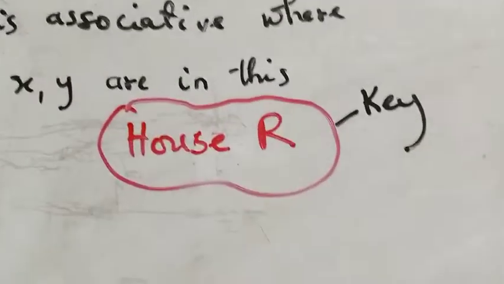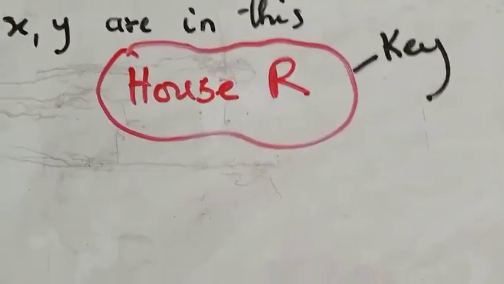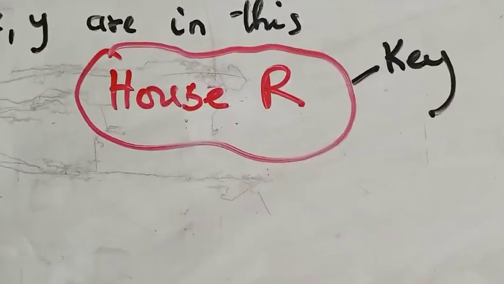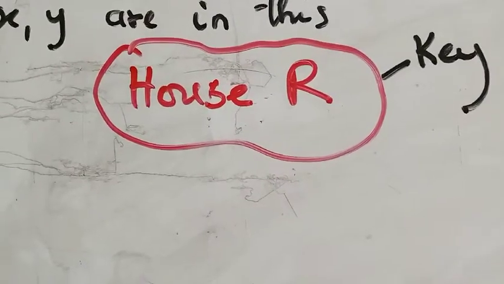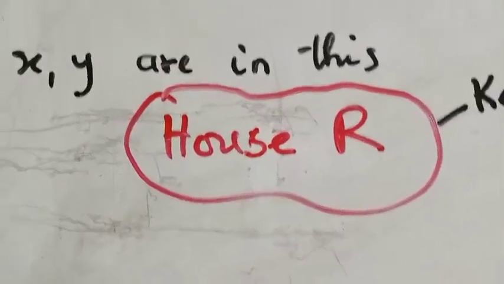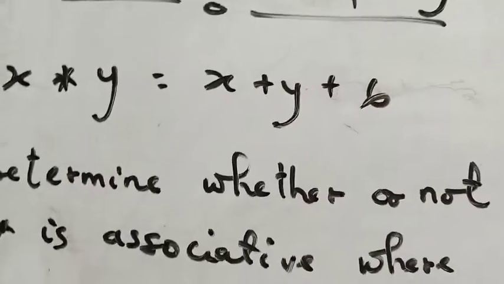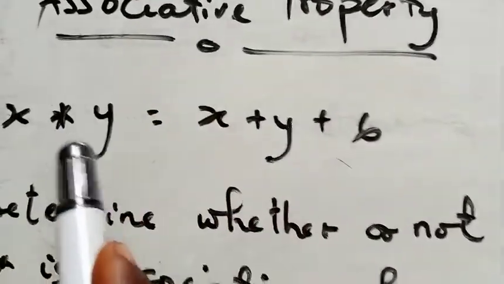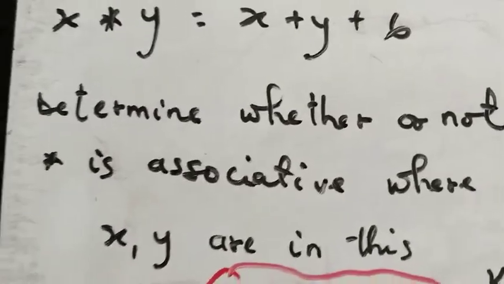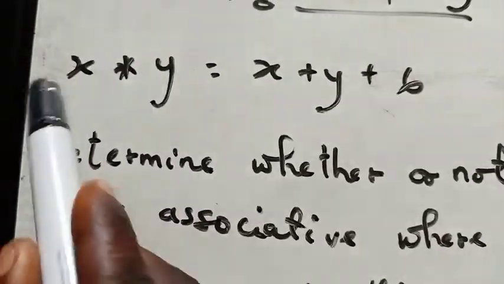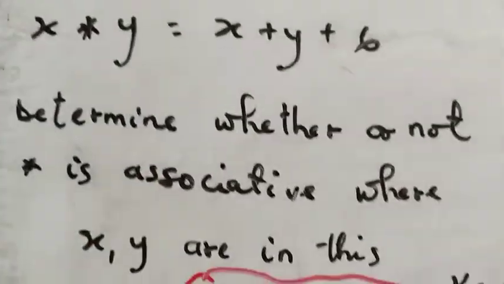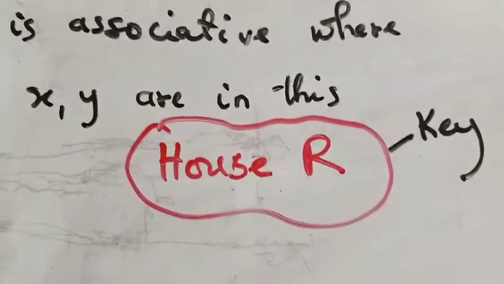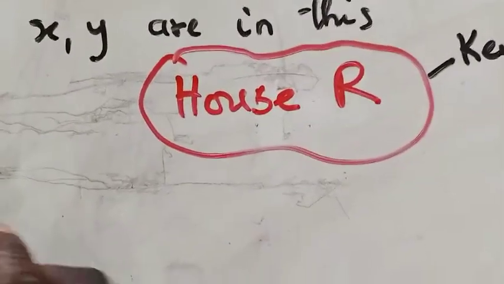Now, there's one key that you have to pay close attention to if you want to demonstrate whether an operation is associative. You need a third person. So this is an association. If it is an association, then you have to have a group of people. So for you to show that this is an association, you just need three people. Of course, you already have two people here, the first person and the second. You need an additional person. So you can say, to show